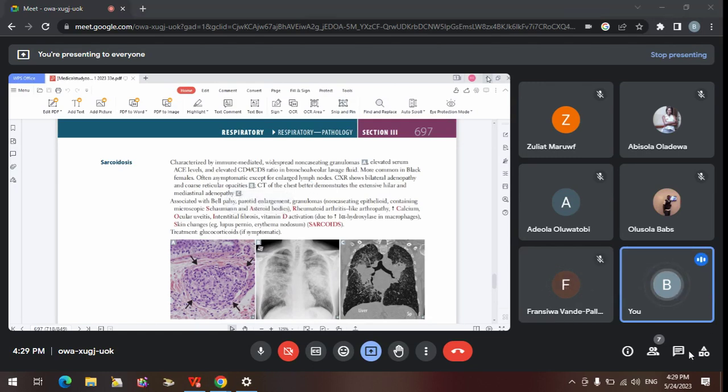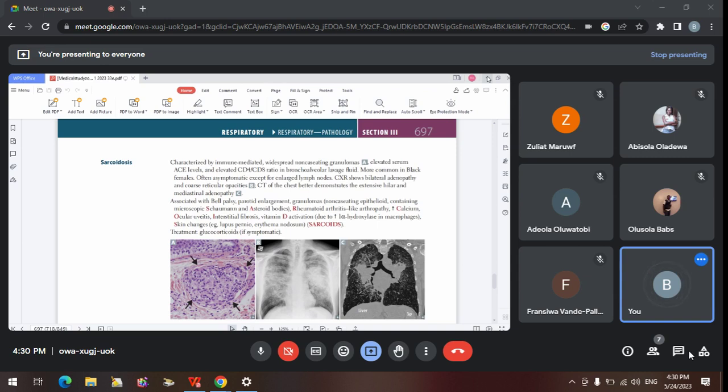One thing about sarcoidosis is that it's one of those chronic inflammatory diseases. So, it basically affects essentially all the organs in the body. But the inflammatory process typically can start from three parts: the lungs, the skin, or the lymph node. But in most cases, it affects the lungs.